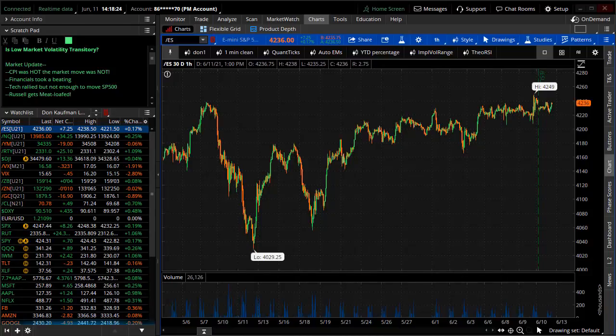Speaking of transitory, of course, we do have the Fed meeting coming up this very next week. But before we get there, let's give you a little bit of a market update on some of the action that we saw this past week and what really matters right now. One of the first things that's in play, this is a chart that I've been using pretty consistently. It's a 30-day, 1 hour chart of the S&P futures.